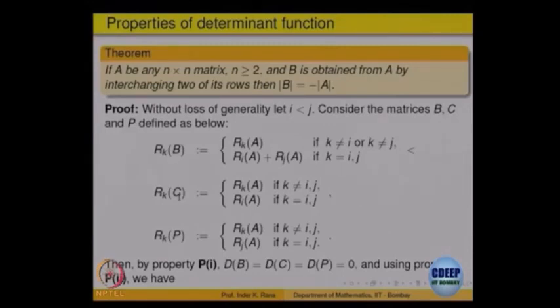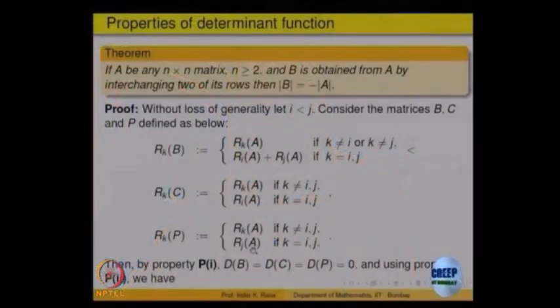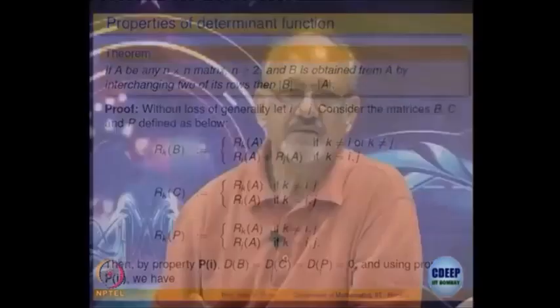Okay. Let us have a matrix C where, for every k not equal to i and j, the rows are the same as that of A, right, but the ith and jth rows I am putting both as Ri. Again there are two identical rows, right. Similarly the matrix P, where the jth row is identical, that is, both rows are the jth row of A. So all these three will have determinant 0, right, because in each one of them two rows are identical. Now what is the relation between B, C and P and A?